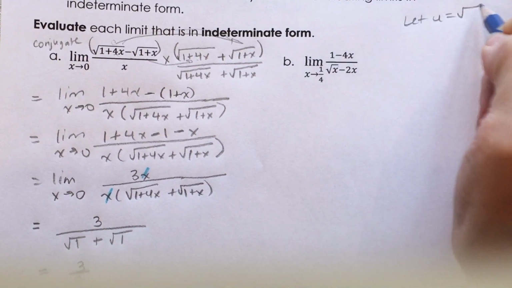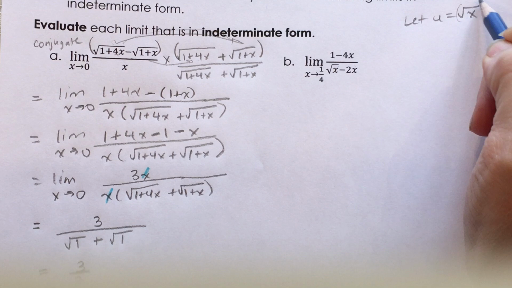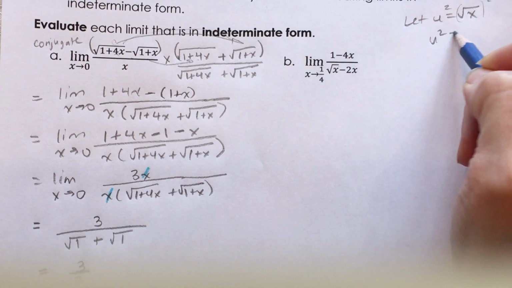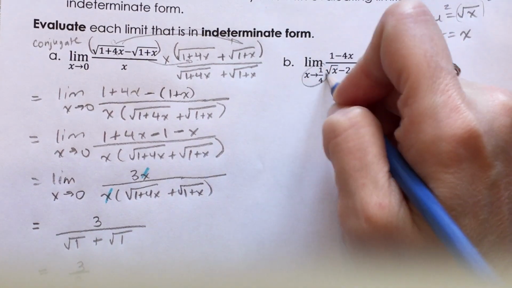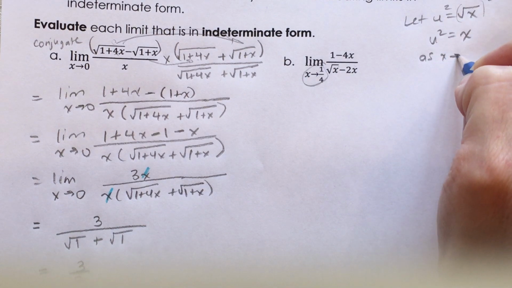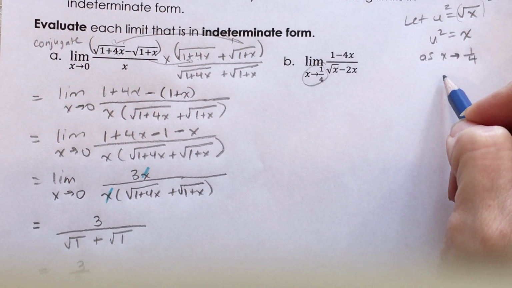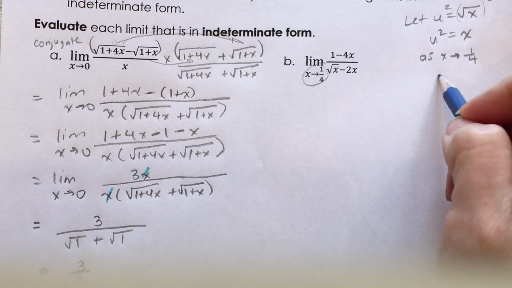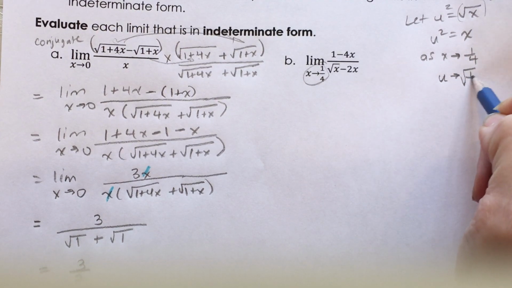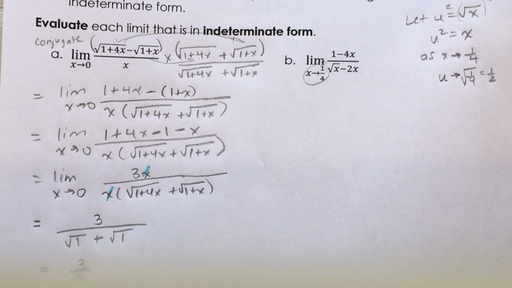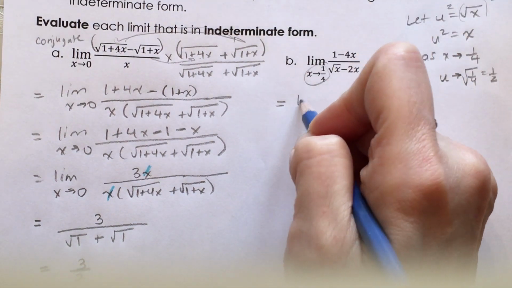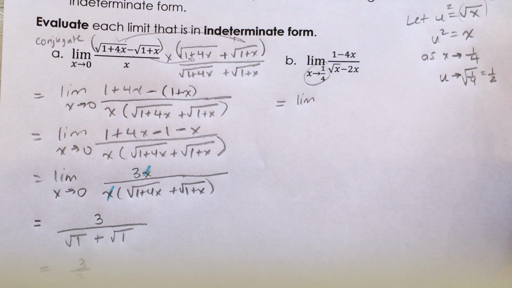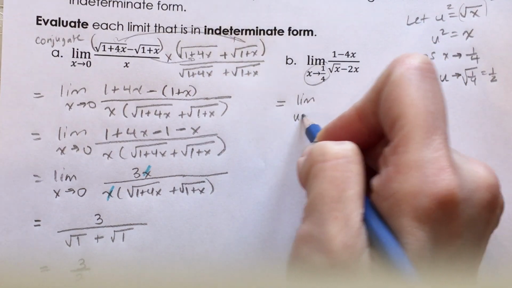u be the root of x, so that if we square both sides, we get that u squared would be x. And then we also have to change the limit part, if you remember from yesterday. So as x approaches 1/4, u approaches the square root of 1/4, which is 1/2. So now we're ready to change the limit so that it's all in terms of u. So instead of x approaches a quarter, we want u approaches a half